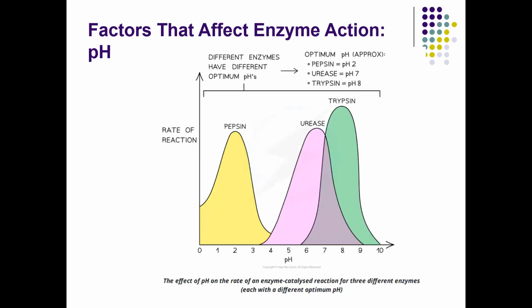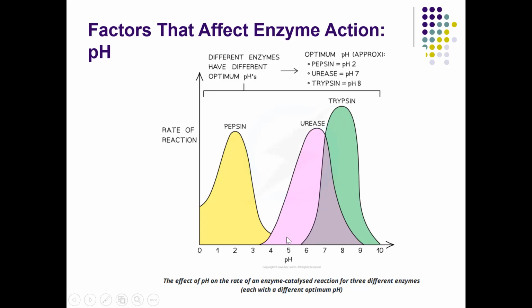And then another factor that can affect enzyme activity is the pH. We can see here several enzymes that we may find in our digestive system, like pepsin and trypsin. They are both proteins, but they work in different areas of our digestive system. The optimum pH for the pepsin enzyme to work is acidic, which is 2. But for the trypsin enzyme it is 8, which is alkaline. So if you put the pepsin in a more alkaline condition, as you can see in the graph, the activity will decrease.